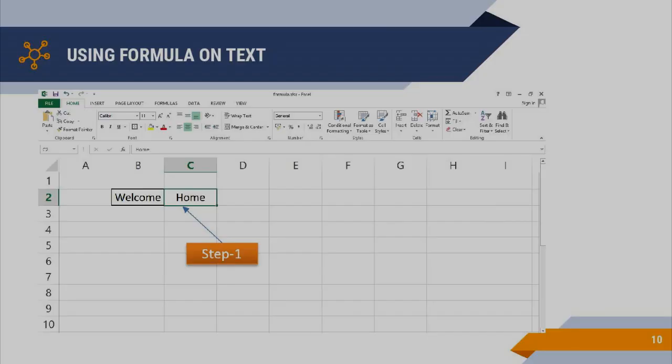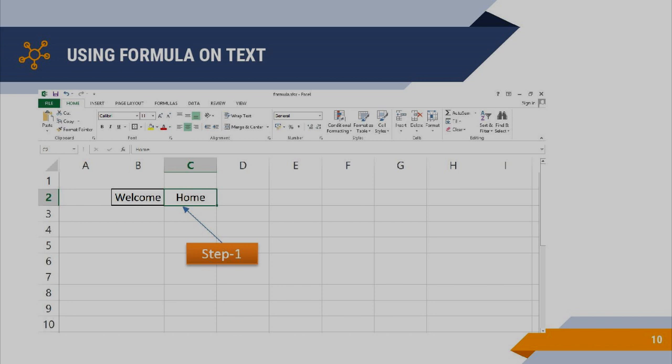Next, I am going to explain using formulas on text. By using numbers, we did addition. You can also perform addition on the string data type. String is nothing but alphabets, so we call alphabets a string in Excel. Other than addition, none of the other arithmetic operators are allowed on the string data type. When you use more than one string, you can use only the addition operator. No other operators are allowed with strings.